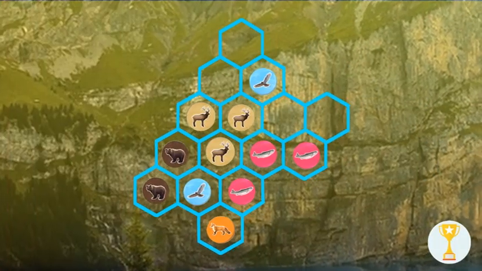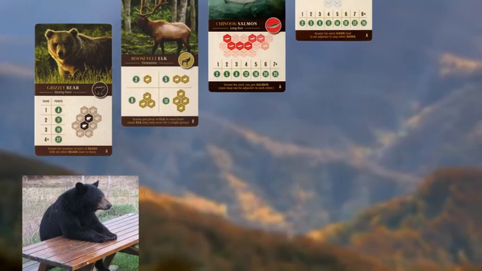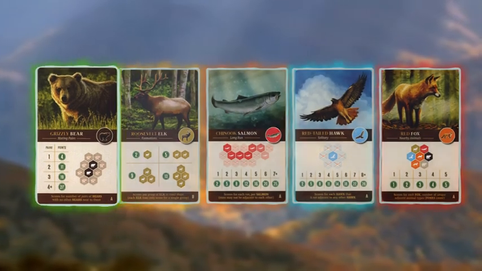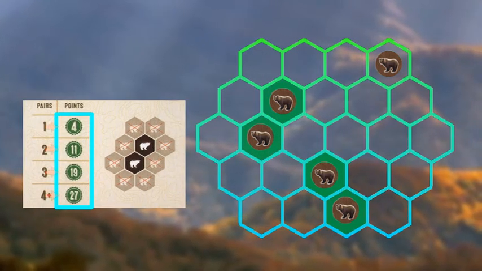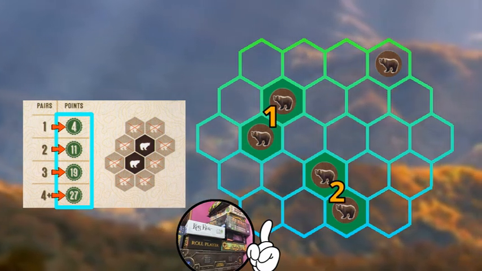So let's move on to the wildlife tokens. Each wildlife can score in 4 different ways. But as we already know, only one scoring card is used for each wildlife type. So let's use these 5 cards as an example. The bear card will score you points for clusters of exactly 2 bears in your ecosystem. The card tells you the amount of points that you will get for the amount of clusters that you have. So in this example, as you have 2 clusters of 2 bears in your area, you will get 11 points